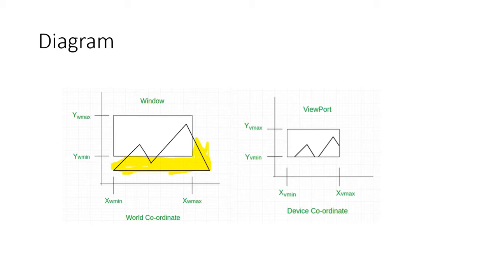Before that, we need to discuss the transformation operations that are going to be involved. Then we'll move towards the clipping portion. As we discussed in the previous lecture, the coordinates are xw min, yw min, and xw max and yw max. That is the coordinates for the window or world coordinate. And when we are talking about the device coordinate, it becomes xv min, xv max, and yv min and yv max. That is how it is going to work for the viewport.